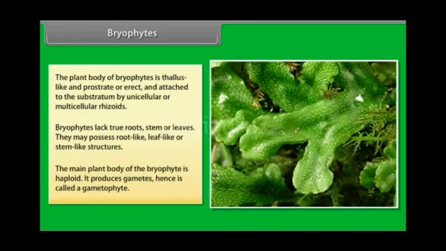When we talk about Bryophyta, they do not have proper root, stem and leaves, but they have root-like structures called rhizoids, leaf-like structures and stem-like structures, and then they reproduce by the asexual method, and therefore the plant body is known as gametophyte. I'll repeat: no root, no stem, no leaves, but root-like structures called rhizoids, stem-like structures and leaf-like structures are there. So these are the very important properties of this plant group called Bryophyta.